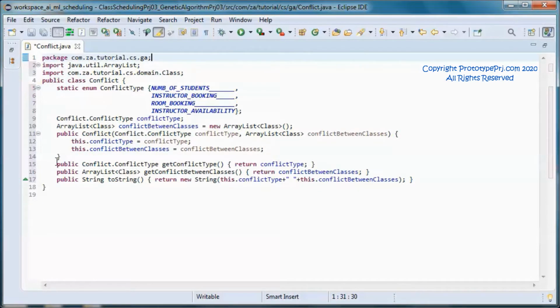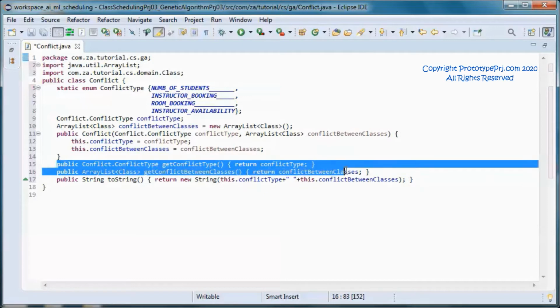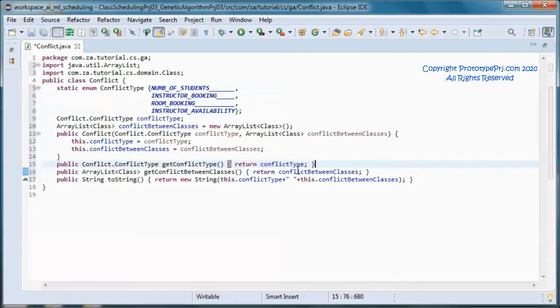And we have get methods for those 2 instance variables, and the toString method returns the conflict type and the classes that this conflict is in between.